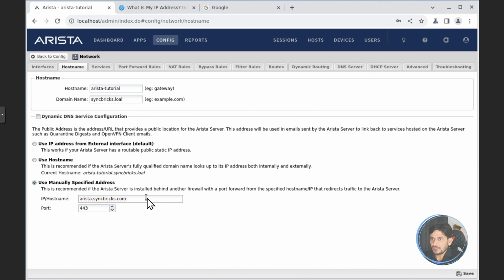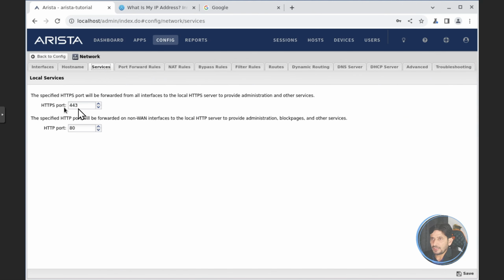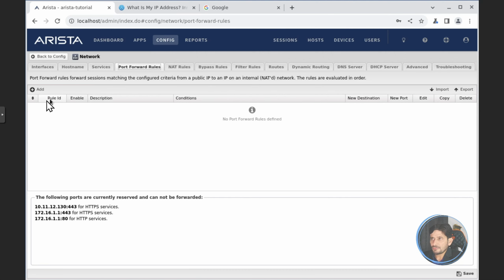The IP address will be linked to this particular DNS, and if you create this DNS record also, it will start working. We will see that in the next videos once we start using OpenVPN and all of that. Services will be working on 443 if it is HTTPS. Otherwise, on HTTP it will be working on port 80. And then the port forwarding rules, we will be adding the port forwarding the moment we start configuring our web services